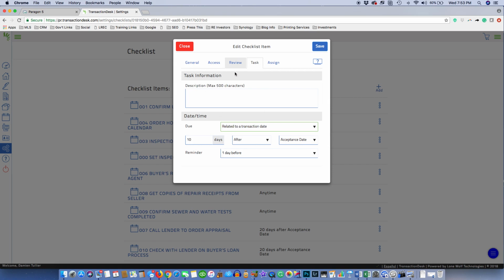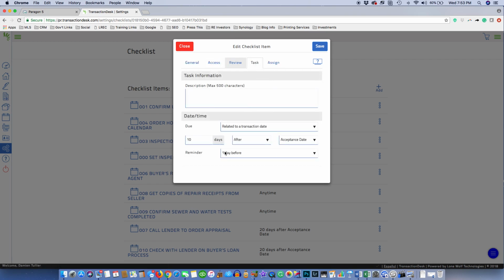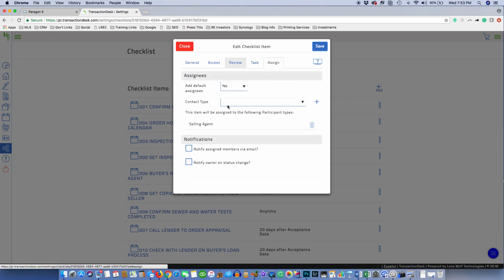So I'll know that this particular task, which was buyer's repair submitted to the agent, is going to appear, and I'm going to get a reminder because I've assigned the task to myself to give a reminder one day before. I've assigned it to myself as the selling agent, so that I know this is something I have to get done. So I will actually get an email the day before, 10 days after the date of